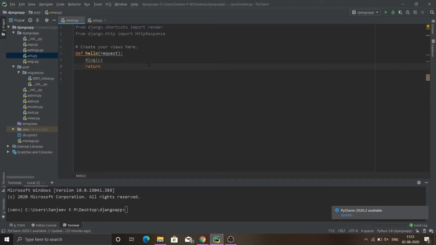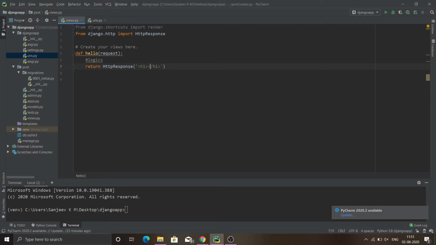Now we need to return this HttpResponse with our HTML tag in a string format. For now, to make it simple, let me enclose this in our h1 tag.